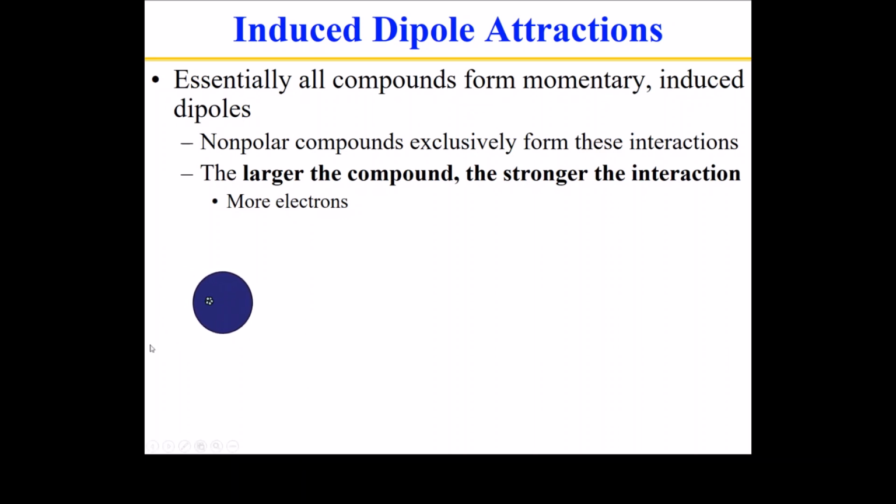Whenever the electron density shifts over to one side or the other, you actually end up with a momentary dipole. So right now, there was a partial negative charge over here because the electron density leans over to this side. If we look at that same time, but from the perspective of the nucleus, there's a partial positive charge that kind of gets